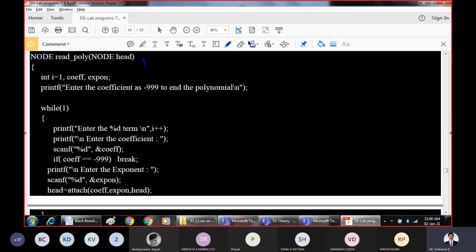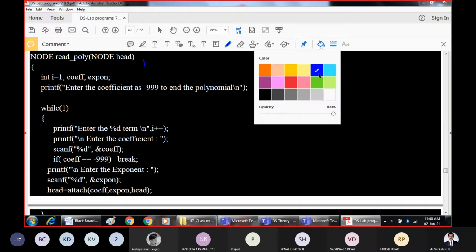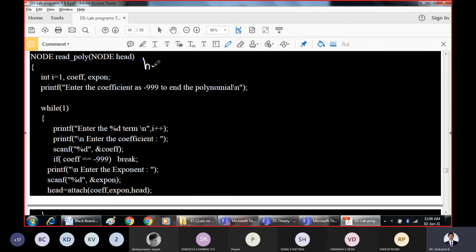Head 1 is received here. This head is nothing but this head 1. So what is head 1 now? In the beginning, head 1 is empty, which we already know, and head 1 is pointing to itself. This is the present status which is known to us.